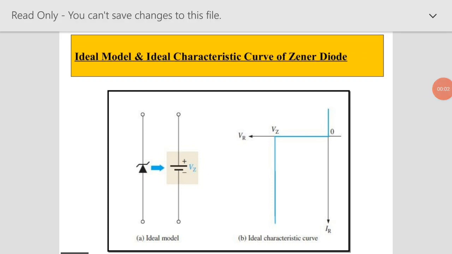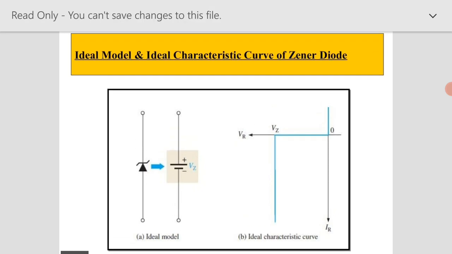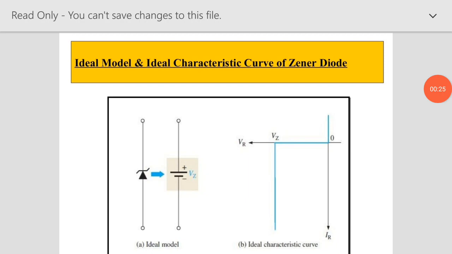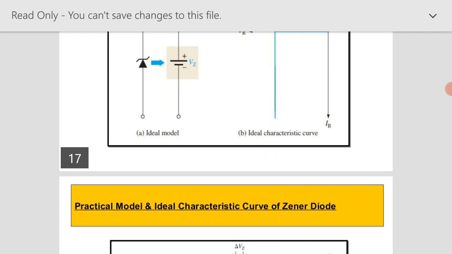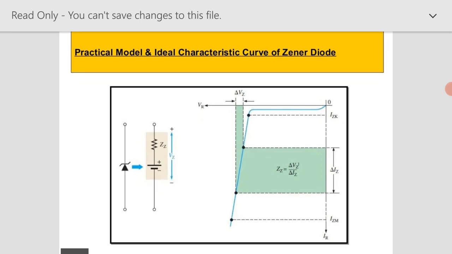Hello to all. In the last video lecture we saw Zener diode avalanche breakdown and Zener breakdown. Now we see the ideal model and ideal characteristics curve of the Zener diode. As shown in the slide, here is the ideal model of the Zener diode, and the ideal characteristics curve of the Zener diode is also shown in the slide. The practical model and characteristics curve of the Zener diode is